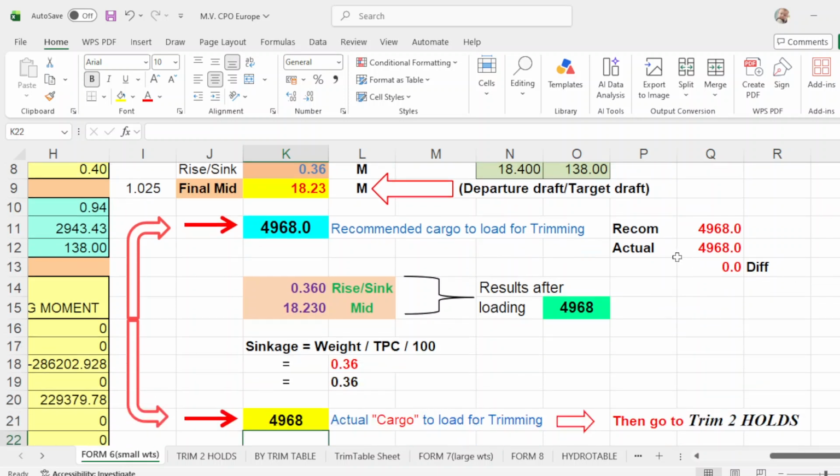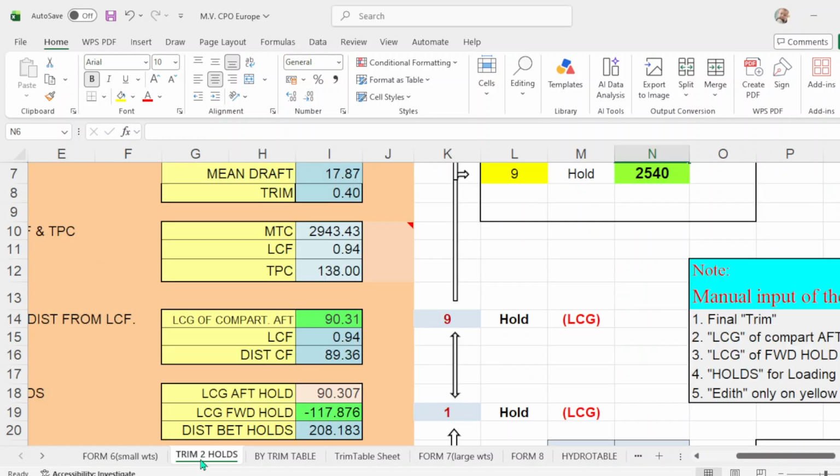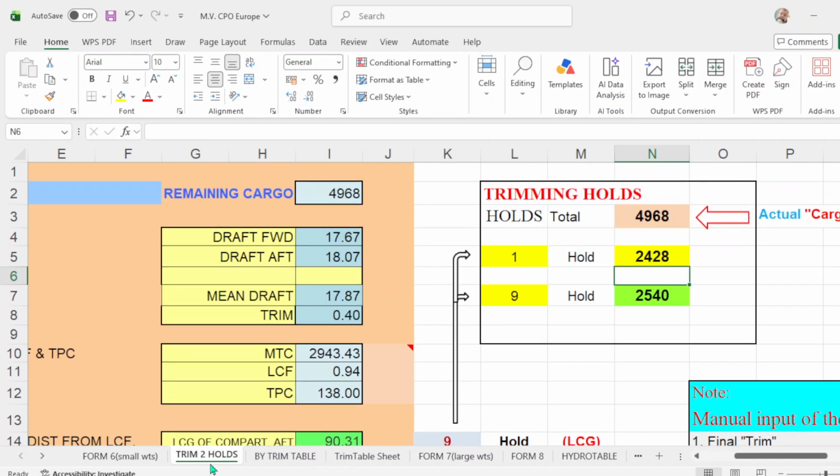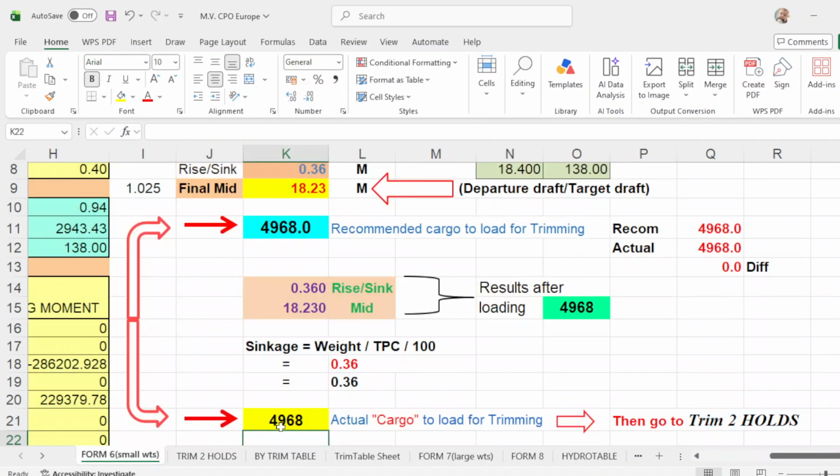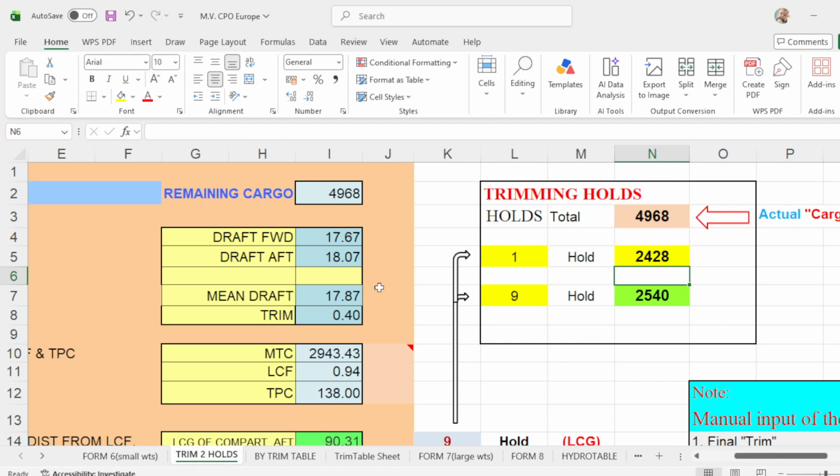And here the recommended cargo to load is 4968, and the actual cargo to load is 4968, so there's no difference. Then you go to trim two holds. Take note of the 4968 cargo to load. The initial drop, main drop, trim, MTC, LCF, and TPC.